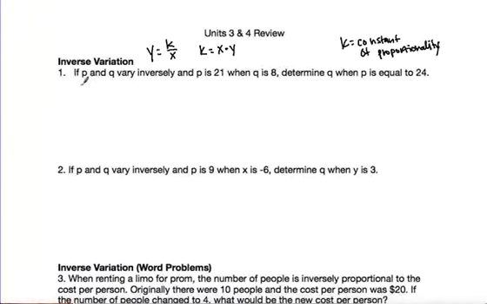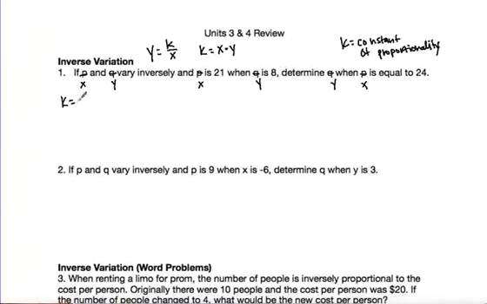So if we look at number 1, it says if p and q vary inversely and p is 21 when q is 8, determine q when p is equal to 24. So the first thing that we have to do is it gives us our two variables, and we can change them to x and y if we want to, just to make things a little easier, because we're more used to using x's and y's than we are p's and q's. All right, so if we wanted to do that, remember you've always got to get your k first,